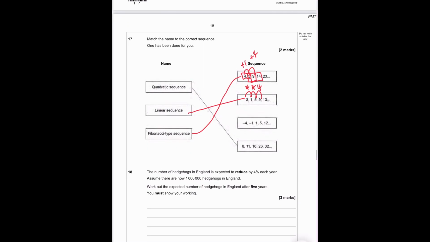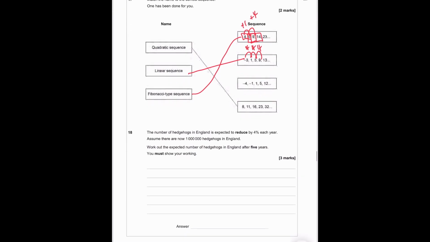The number of hedgehogs in England is expected to reduce by 4% each year. Assume there are now 1 million hedgehogs in England. Work out the expected number of hedgehogs after 5 years. Okay, so this is our compound interest. So our start amount